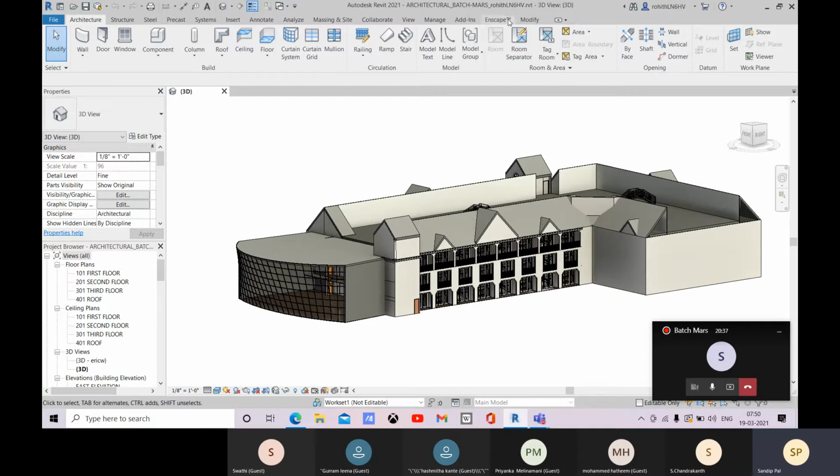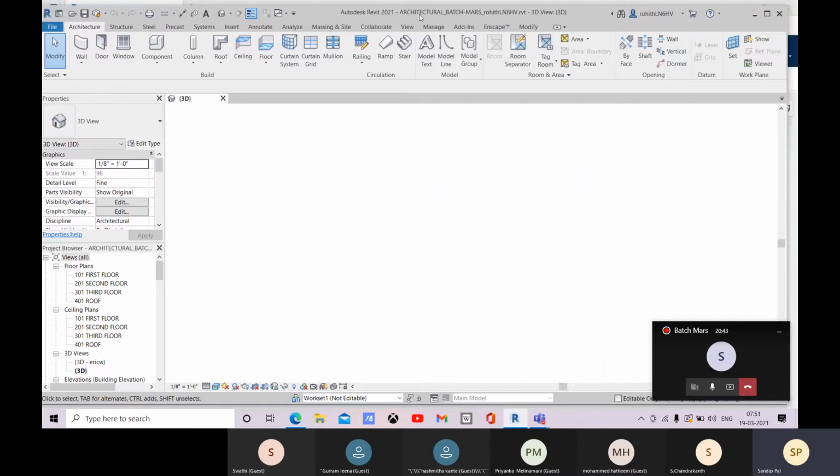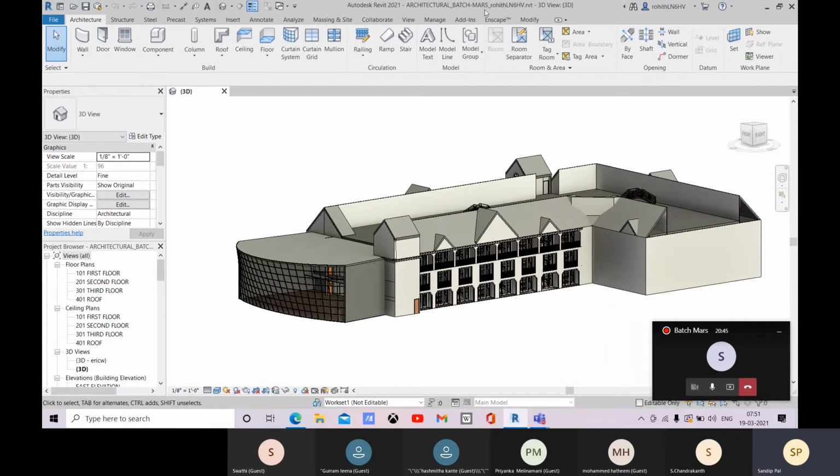So this is my local file, right? The central file name is there, and along with that, my account name is attached. So that is right now my local file.